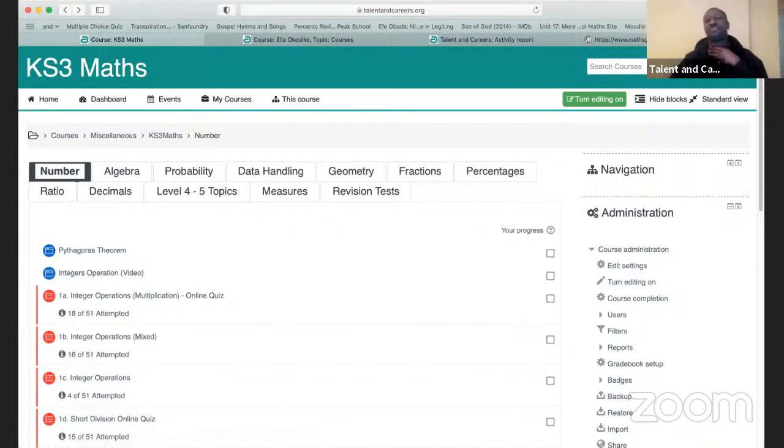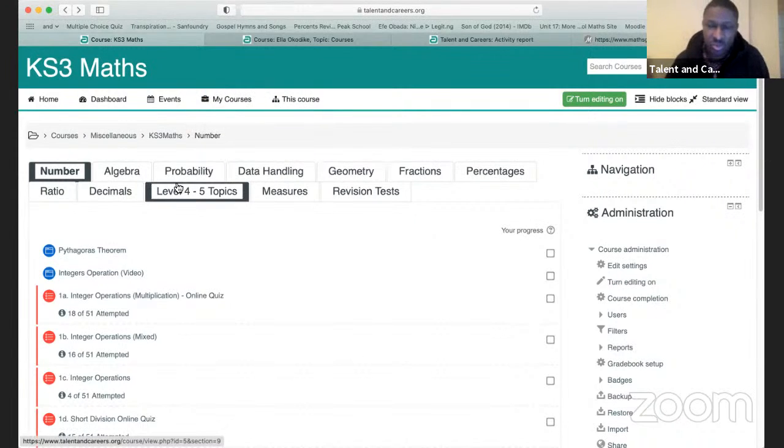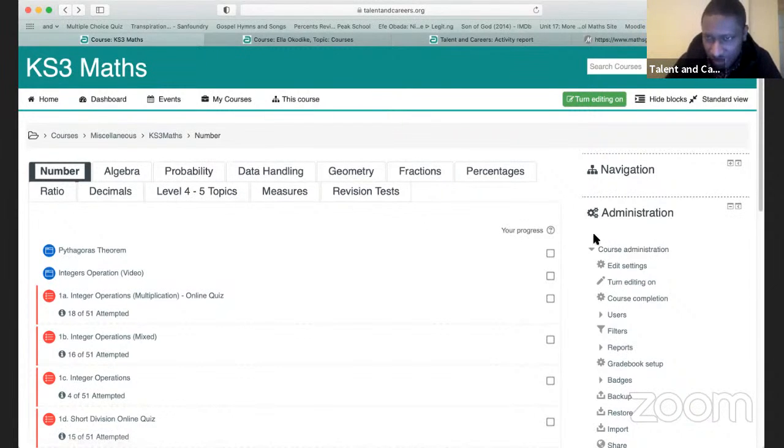So once you log in to the system, Talent and Careers, you want to add a quiz. Adding a quiz is like having the paper that you want to write the questions inside. To do that, the first thing you need to do is